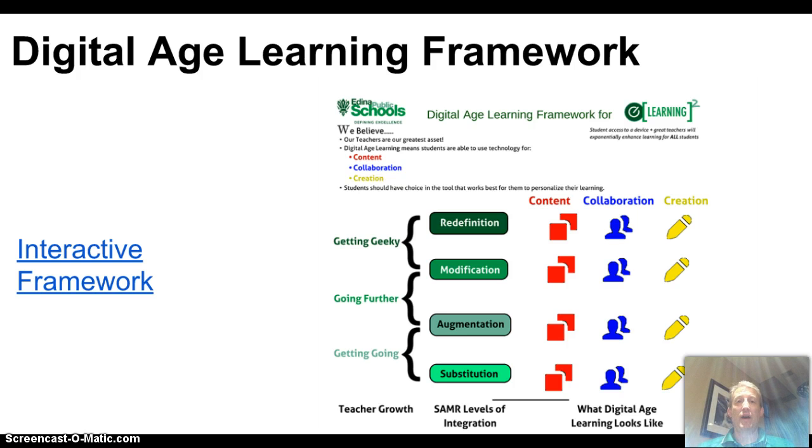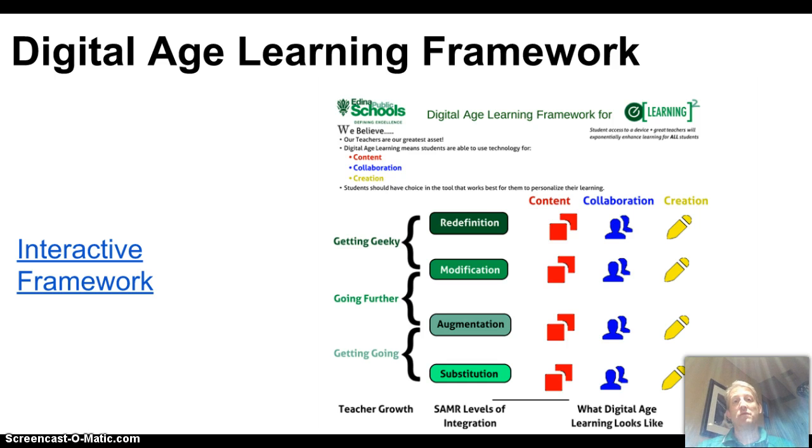feedback electronically in that. And then we get to where it's redefinition, where without the technology this couldn't have been done. And some great examples of that with content where Nate Murphy and others have been doing some great flip videos with collaboration with Google Docs and sharing that information out with the world. The chemistry teachers last year did a great job doing some different collaboration things with Google Docs and building that into their labs.